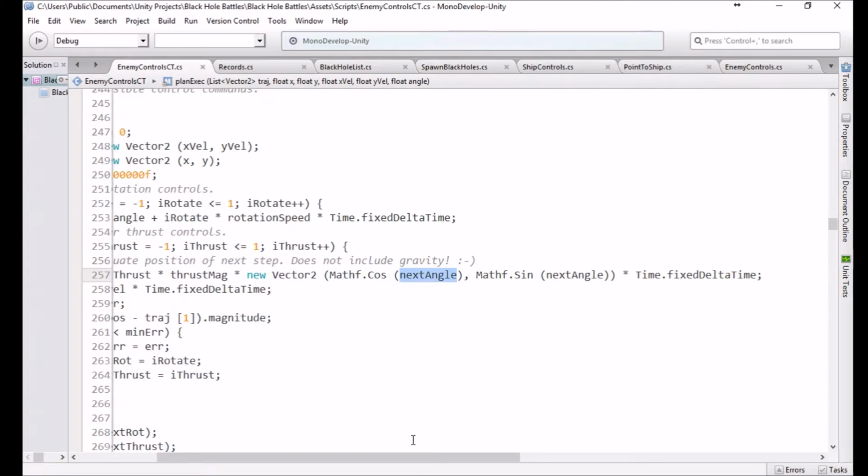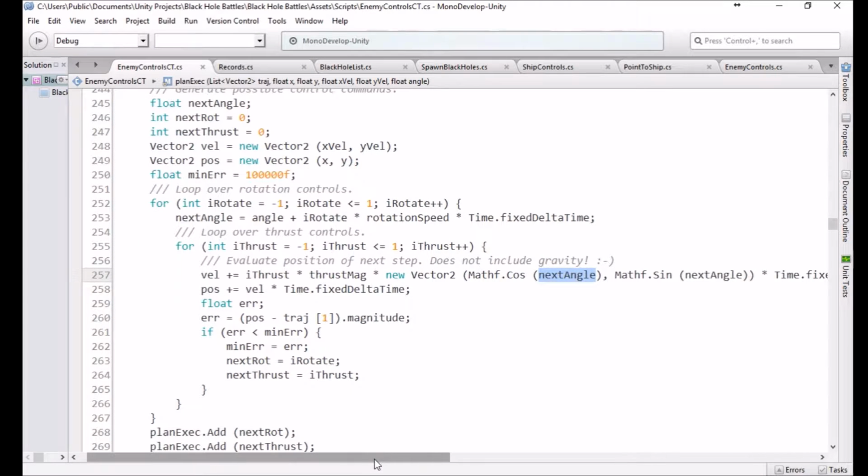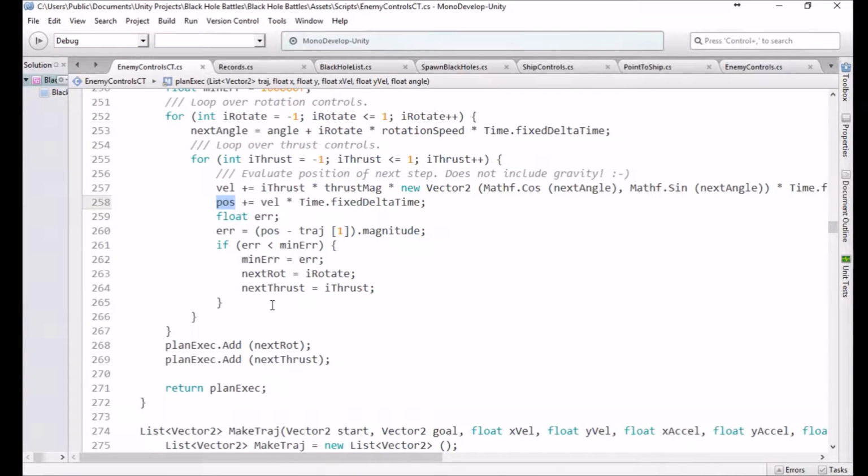I put in the correct angle here. I put in the next angle. I just blanked out for a second, wondering if I'd put in the next angle. So we have our velocity vector being updated, our position vector being updated. I formed those out of the components here, so I suppose I could have just passed those in, but it just feels a little bit cleaner to set up its own vector in here rather than having to worry about accidentally changing the ship's position manually in here. And then basically we add to the list the rotation command and the thrust command,